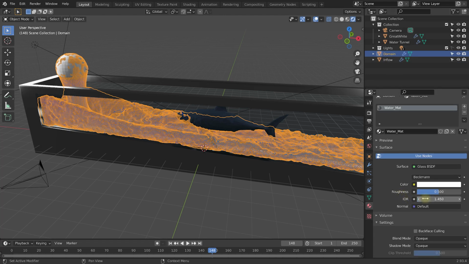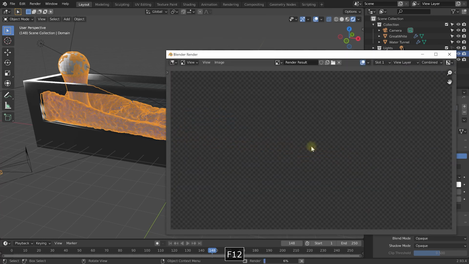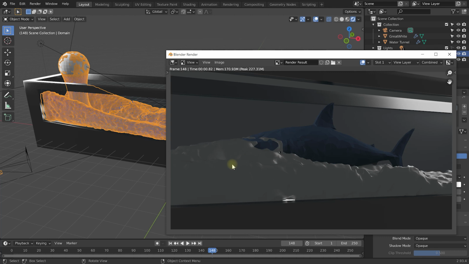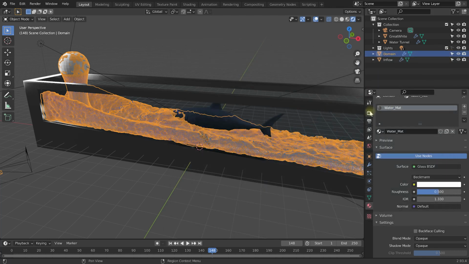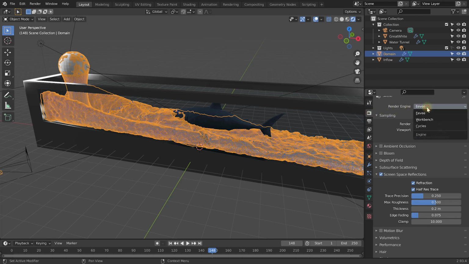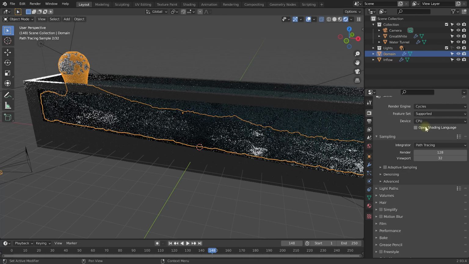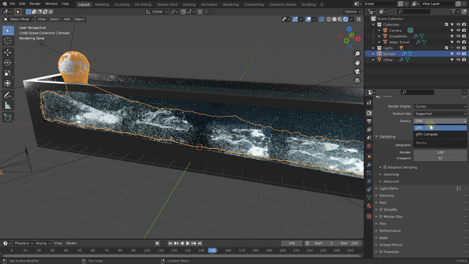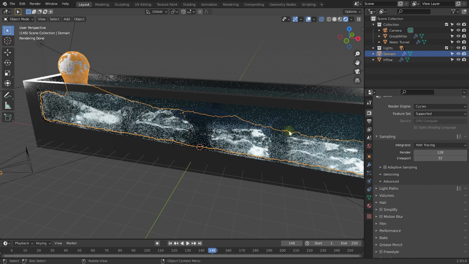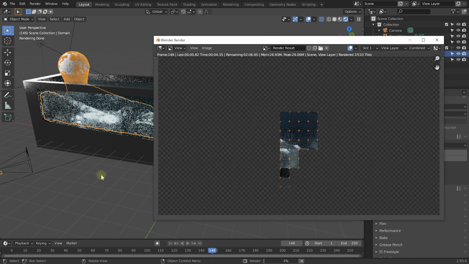I'm going to change the IOR to 1.33, which represents water. And if you hit F12, unfortunately, this won't quite work in Eevee, so if you want to render this out a little bit more realistically, be sure to come into your render settings and change the render engine from Eevee over to Cycles. I'm also going to switch my device over to GPU Compute. And if you now hit F12 to render this out,